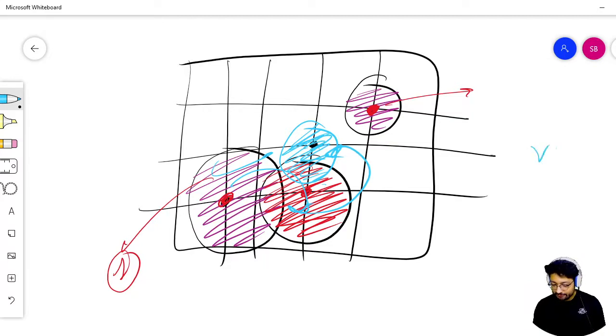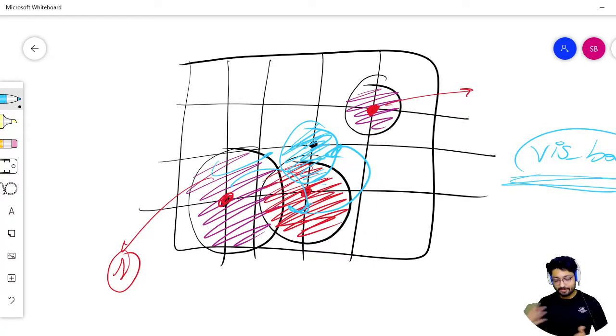How can we check that? We first take a visited bomb map or something like that, which states which bomb has already blasted and which bomb we have to blast, so that we can do a DFS. For DFS we also make a visited array of which bombs are visited. You have to refresh it with every new iteration. The main thing is how we can check that one bomb is intersecting with another bomb.